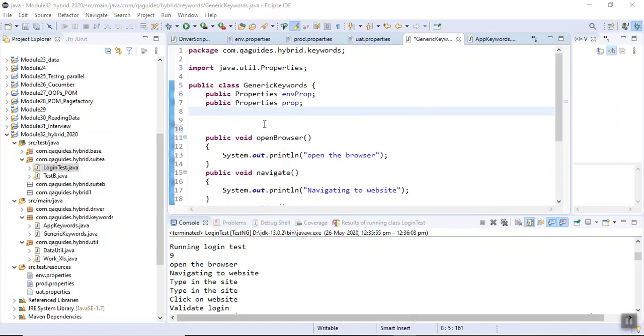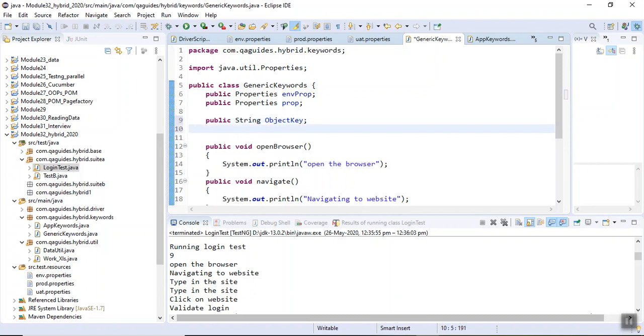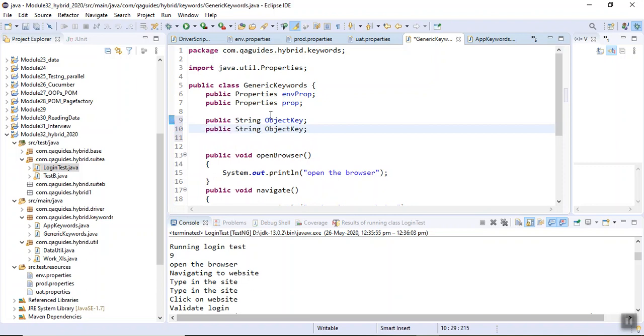I will also declare the variable string object key. Public string data key for data key also. Okay, I will declare these variables.